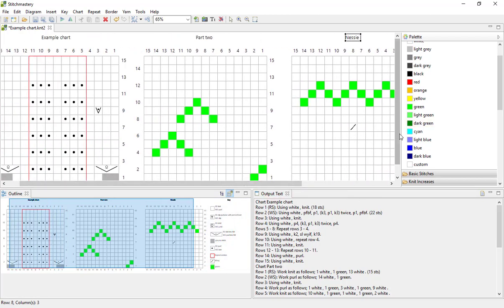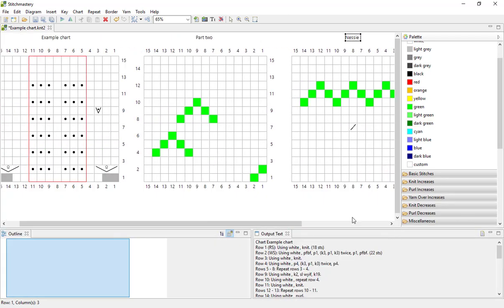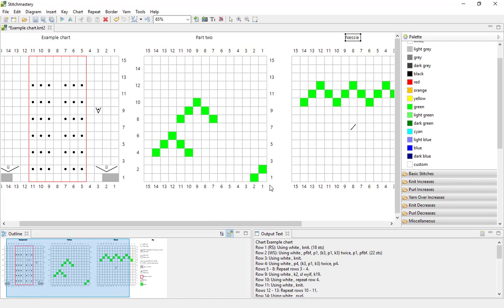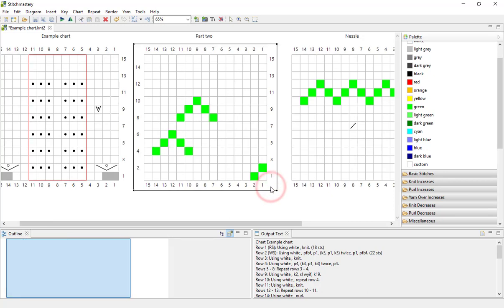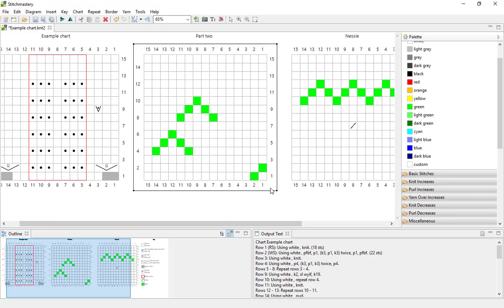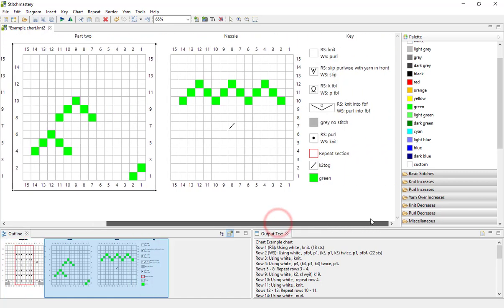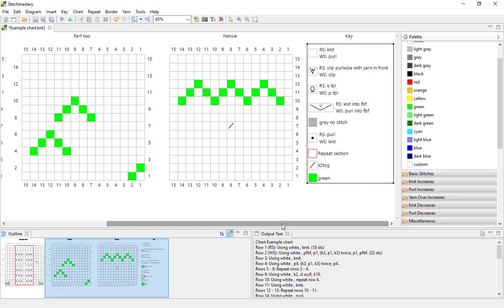And a note on selecting charts, you always need to click in the corner, not on top of a row or column label. So to select a chart, click clear of those numbers, and the same with the key: click somewhere within the boundary but not over any key text itself, and you'll select the key.